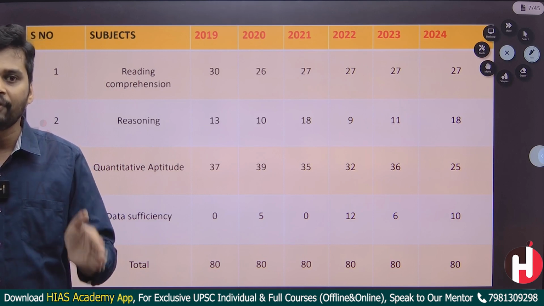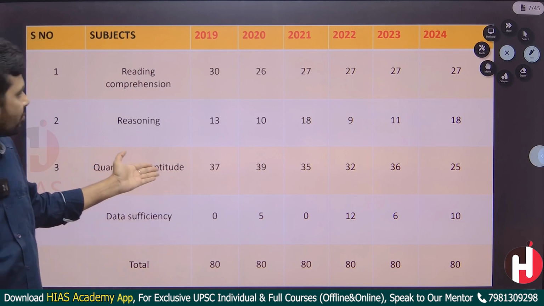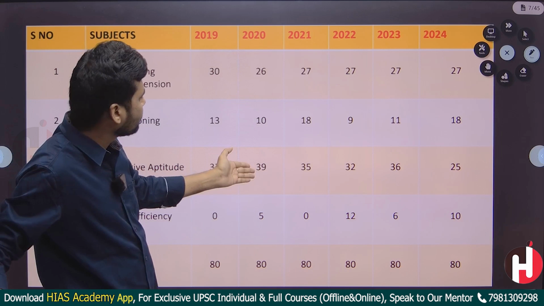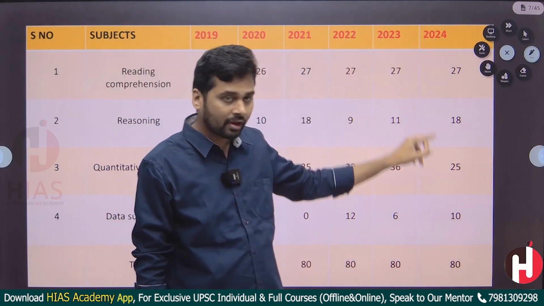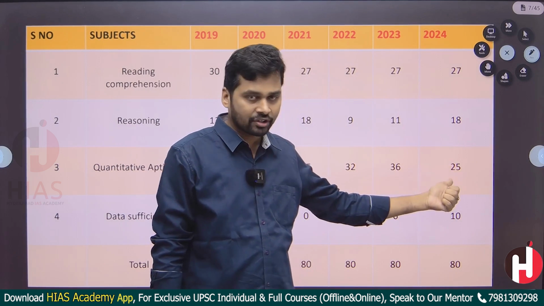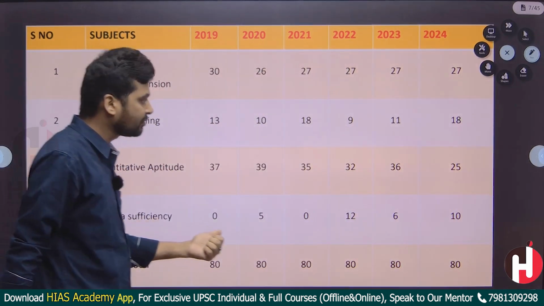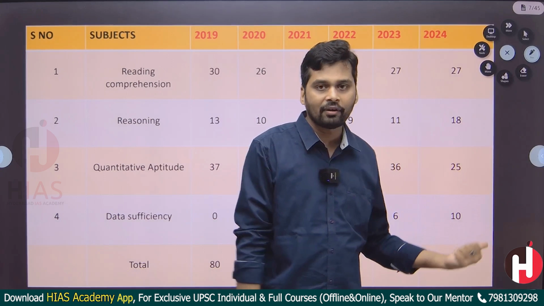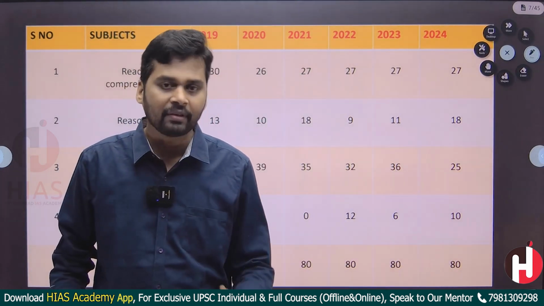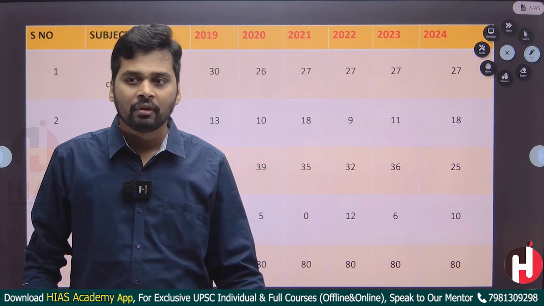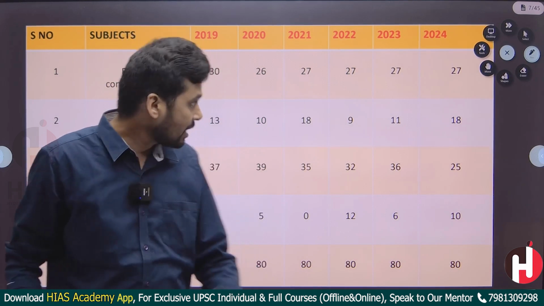But the story is completely different from 2019. You can see the number of questions. Almost all here, 2020 is 39 questions, and so on till 2023. Even though in 2024 you have 25 questions, there is one more thing, data sufficiency, that is almost all related to quantitative aptitude. Which means that now the complete weightage is given to quantitative aptitude. So I'll come one by one.